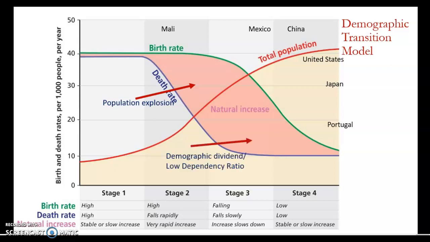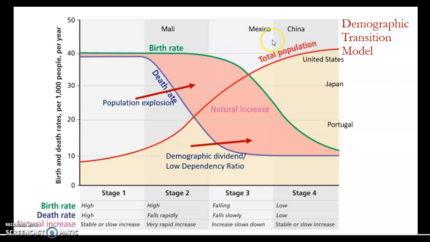And then towards the end of stage 3, we have what's called the demographic dividend. As our population explosion that occurs around here begins to mature and enters the workforce, our countries have a large tax base. They generate a lot of revenue. The economies tend to boom as long as they are relatively free. As a result, social services are paid for, and child care and education are an increasing part of government expenditures. This demographic dividend means that we're not paying for a large elderly cohort, we're supporting our working group and we're supporting our younger cohort.